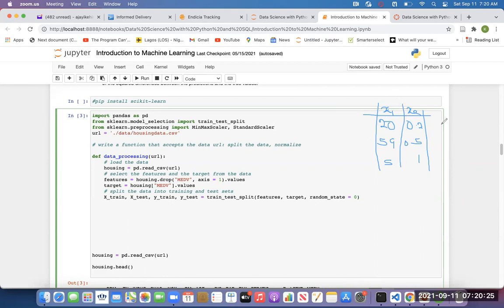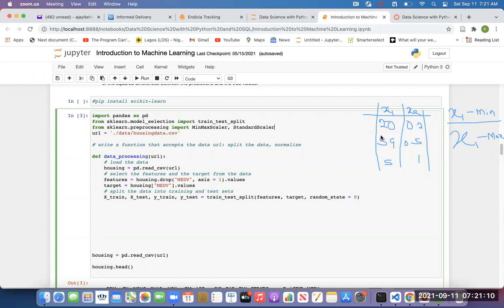When it's working on the first variable x1, from each value in this x1, it's going to subtract the minimum value, which is 5 from here, and divide it by the maximum minus the minimum. So it's going to pick 20, 20 minus 5, 59 minus 5, 5 minus 5, and then divide by the maximum, which is 59.